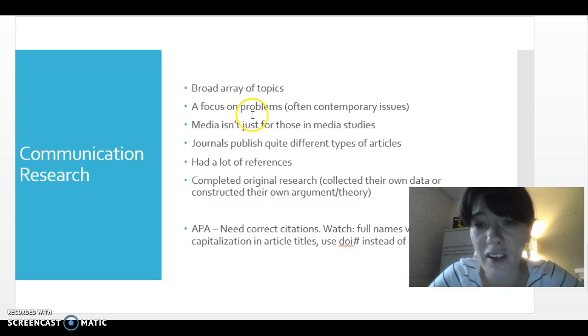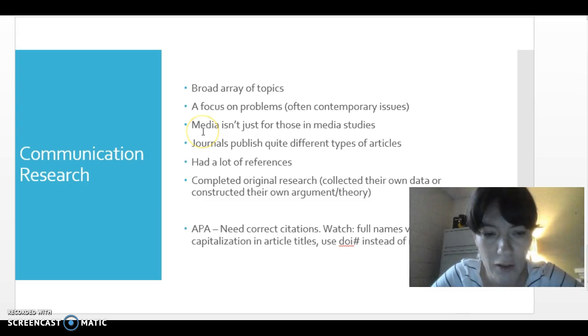Some people mentioned that there is oftentimes a focus on contemporary issues, things that are happening sort of right now, or fairly recent events. And also a kind of focus on problems that people are interested in. This is also very true. It's a mark of communication that many of our topics are sort of central to what is happening in culture today. So thinking about mining your own cultural experiences and experiences within the lived society right now for potential research topics and directions is a really good idea.